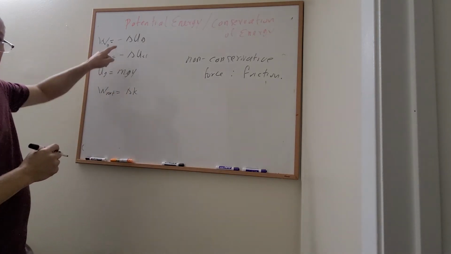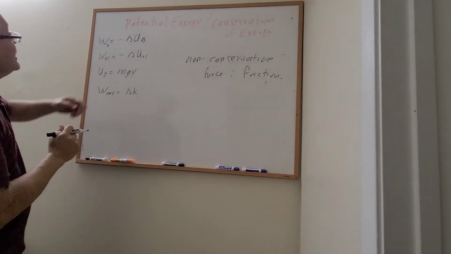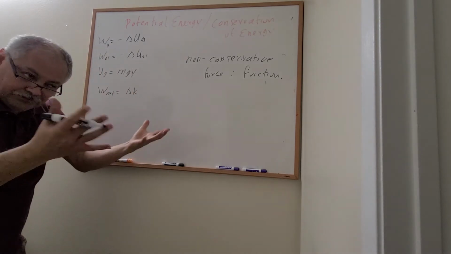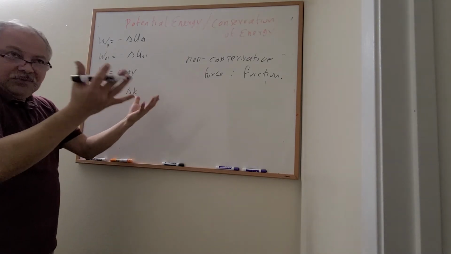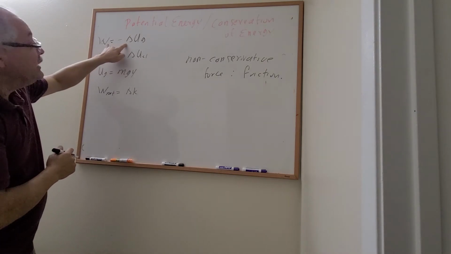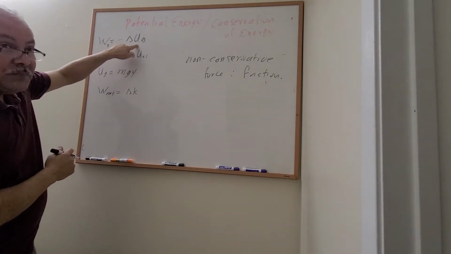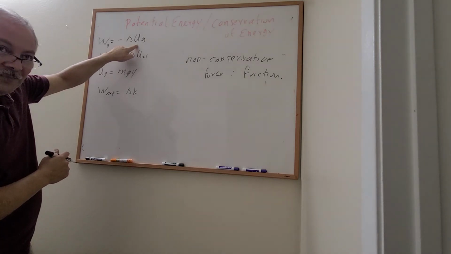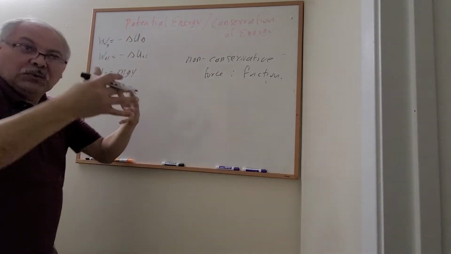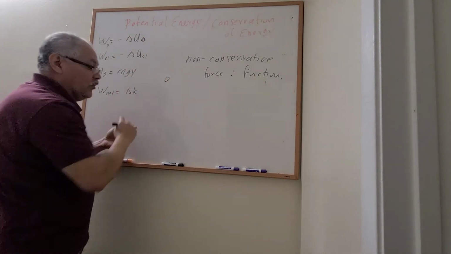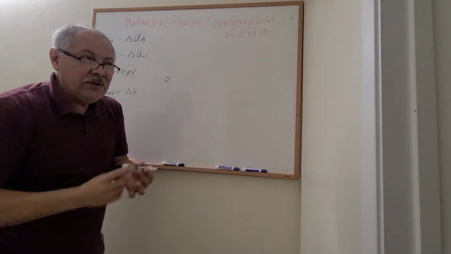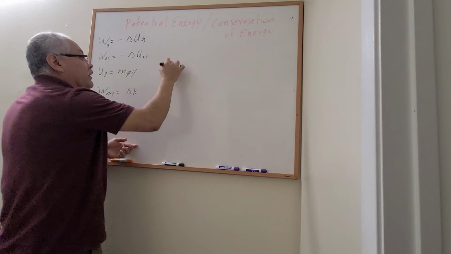Also, if we are dealing only with gravity, we can say that the work done by gravity, taking gravity as the only force, is equal to the negative change of the gravitational potential energy. Now, when we combine these two, taking only gravity, for example in free fall, where gravity is the only force acting on the object,